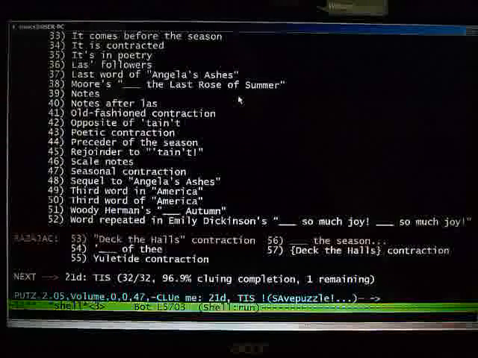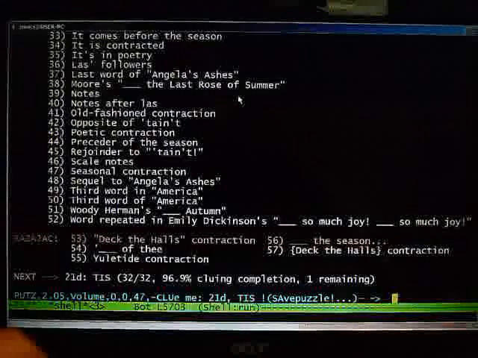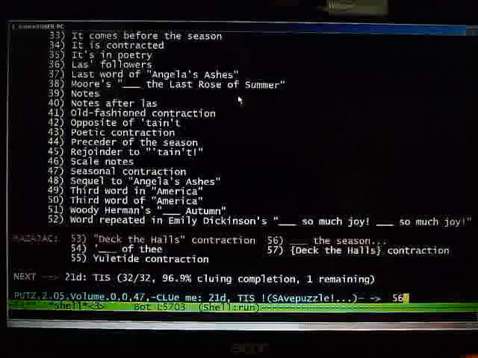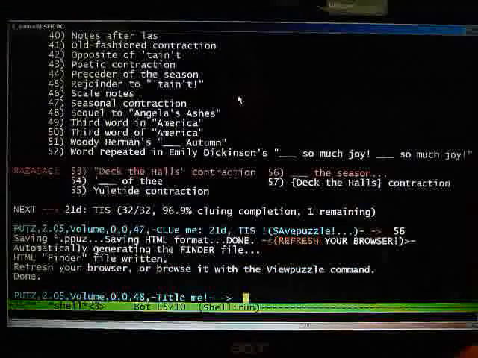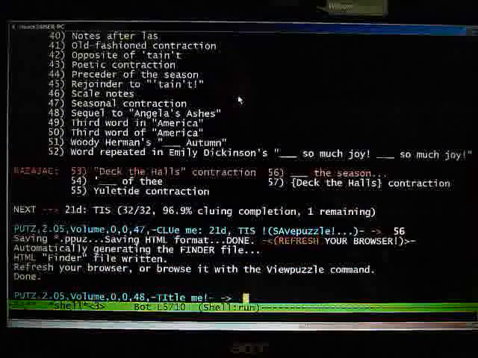And it's tis, and let me see, I like that, 56, we'll use tis the season, okay, fine, 56, tis, it's good, okay, cool, we say go, and it says done, and it resaves the file automatically, and regenerates the Finder file,